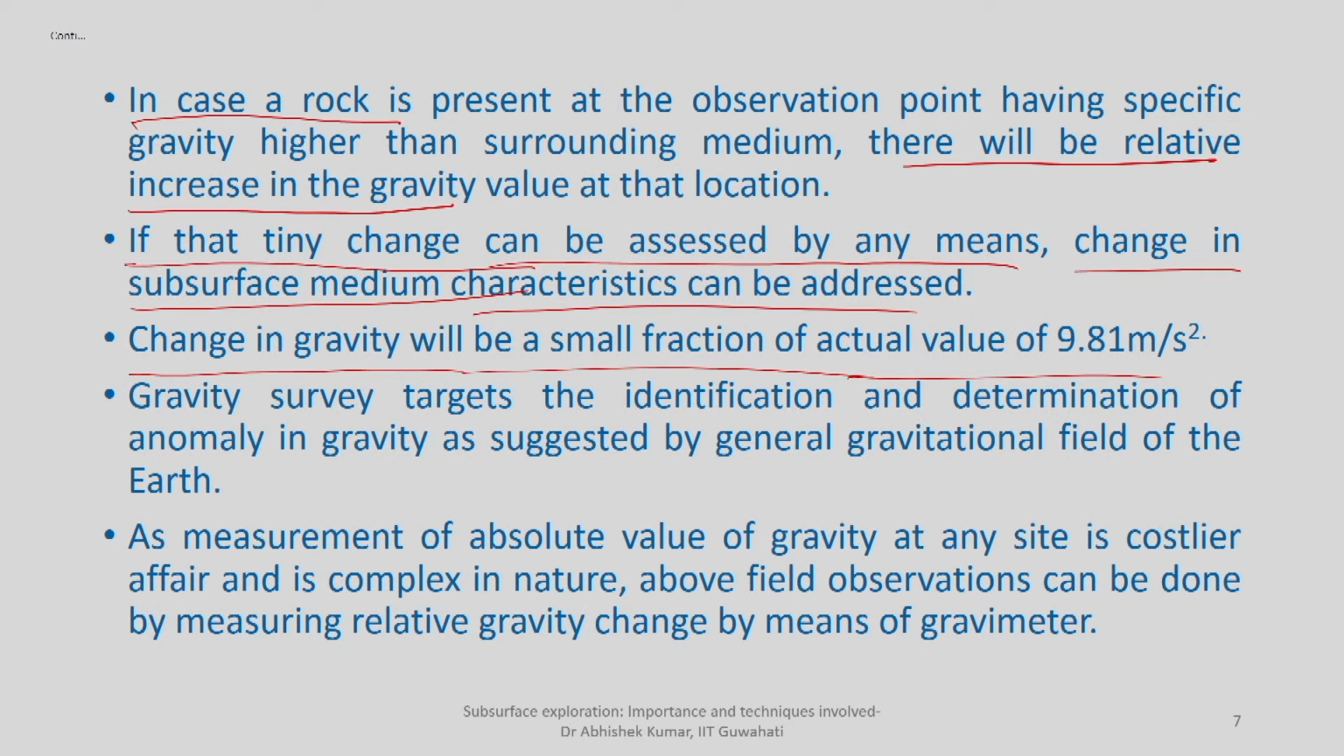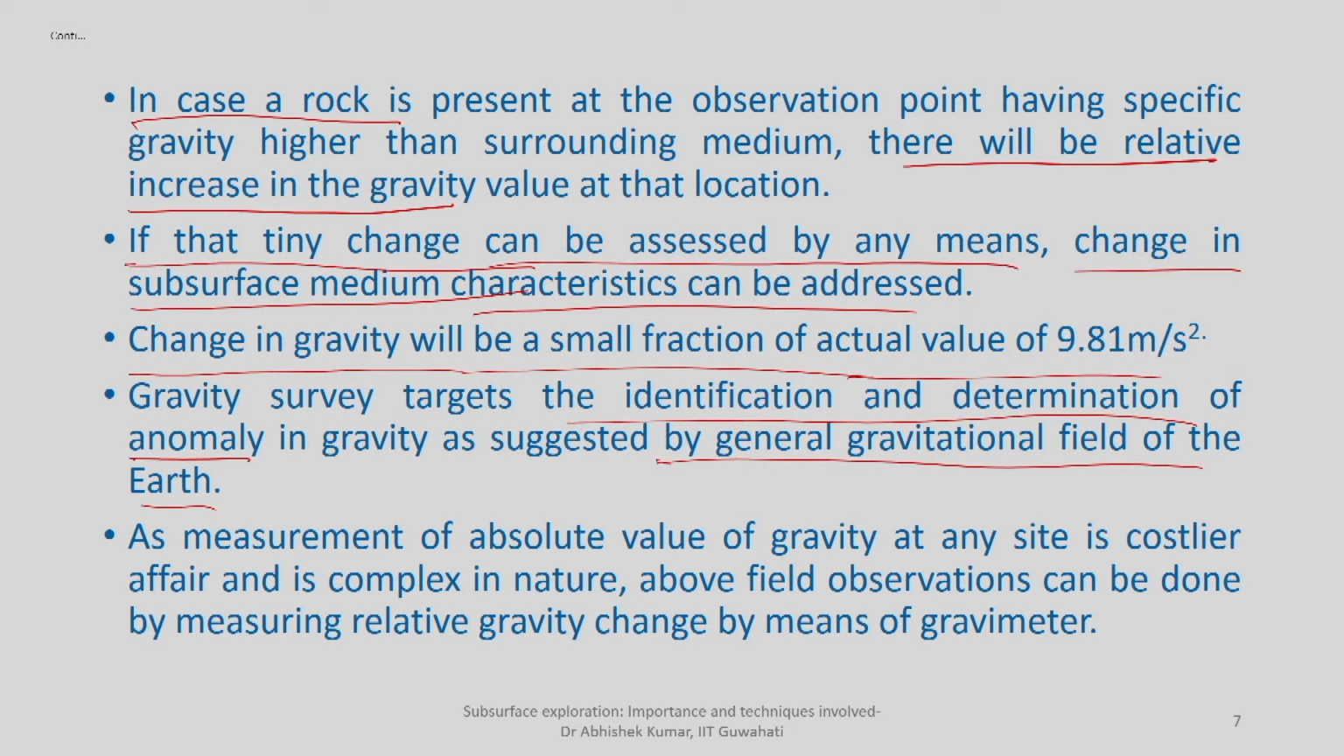We are calling it an anomaly because there is something which is leading to a change in your gravitational pull with respect to the gravitational pull supposed to be at the site of interest. So, that is why it is called an anomaly. It is because of something else, because of a change in the medium characteristics as highlighted by the gravity survey. So, the gravity survey targets the identification and determination of this anomaly with respect to the gravity measurement suggested by the general gravitational field